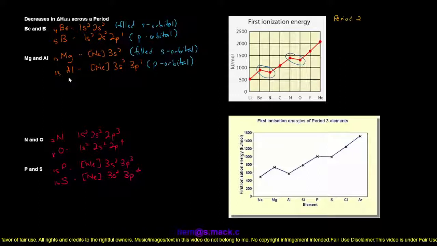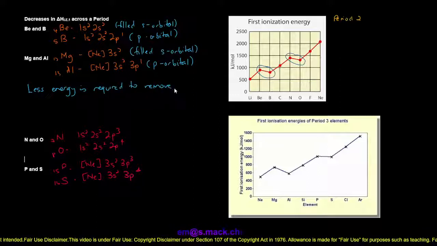We would expect an increase in first ionization energy across a period, meaning that more energy is required to remove the electron from the outermost shell as we move across a period. So why does it take less energy between beryllium and boron and magnesium and aluminum? We can very easily summarize it by saying less energy is required